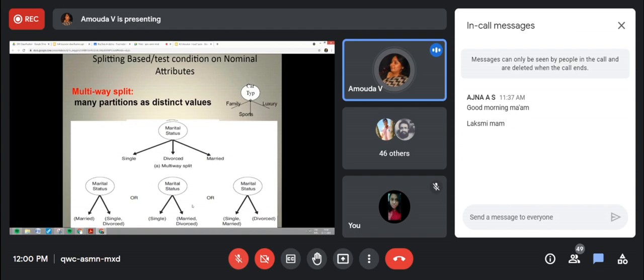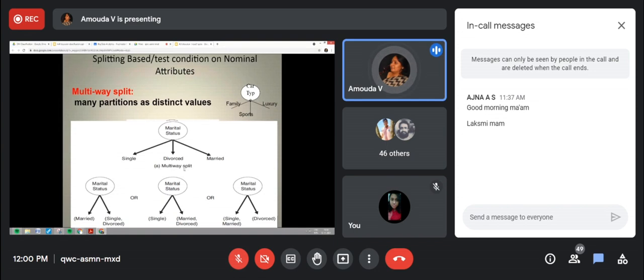You can go for a two-way split or a multi-way split also. Some algorithms use the multi-way split. The CART algorithm produces only binary splits, so it will prefer this type of split. These are the two types of splits used for nominal attributes.